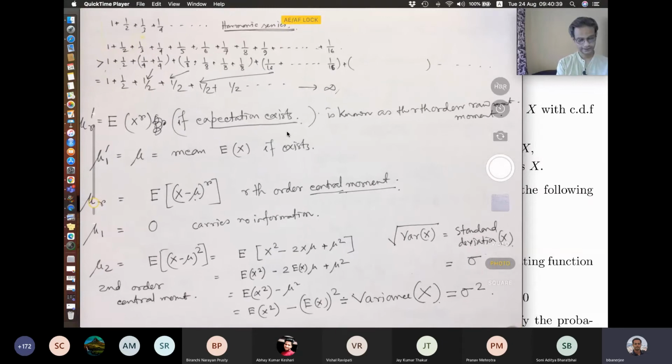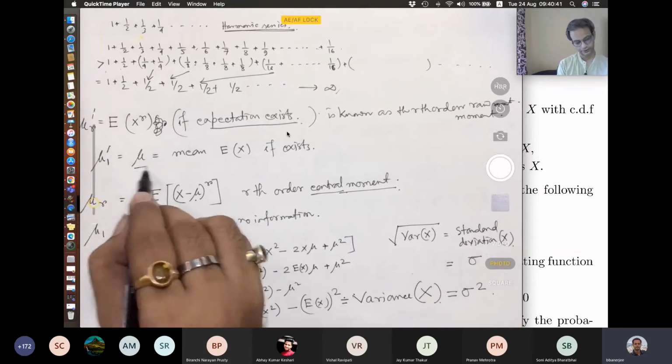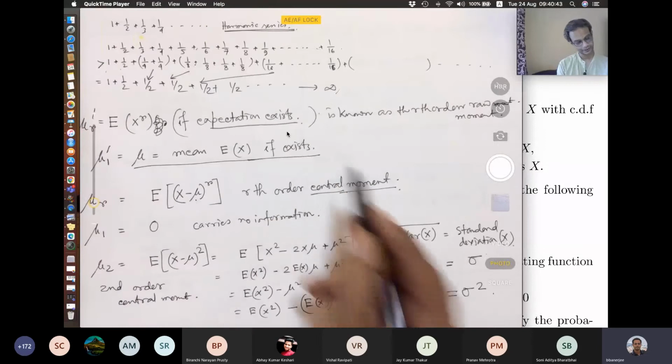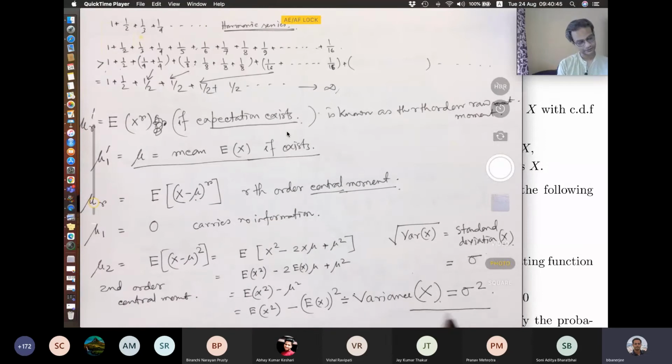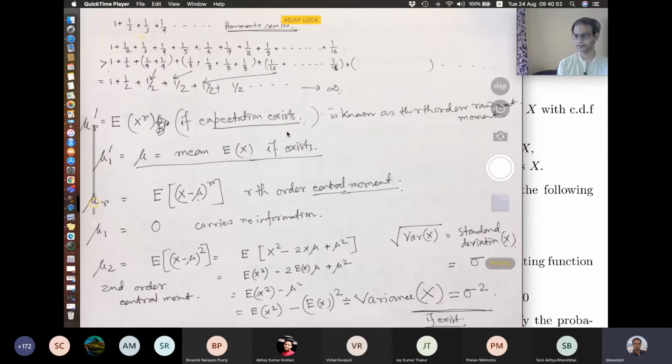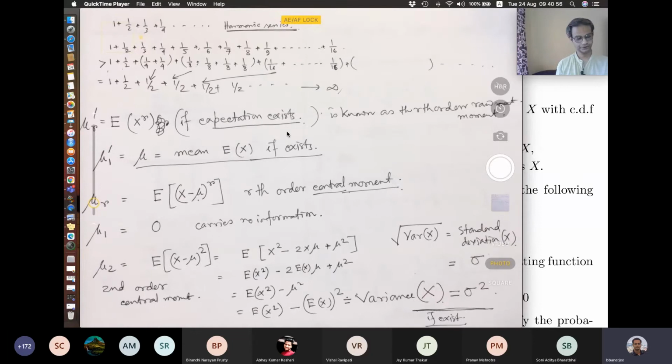So this is the notation of mean, and this is the notation of variance, and always if it exists. Whenever it exists, then only we can talk about it. Okay. So now,